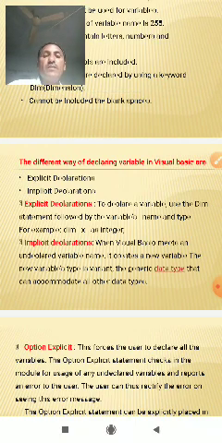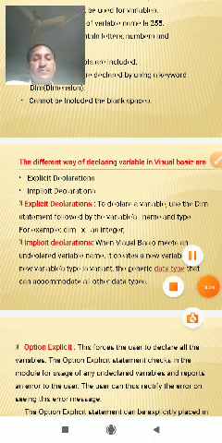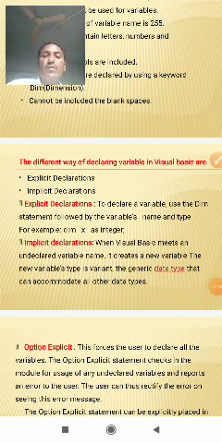So, declaring a variable in Visual Basic. There are two different ways to declare a variable: explicit declaration and implicit declaration. Explicit declaration: to declare a variable, use the Dim statement followed by the variable name and type.